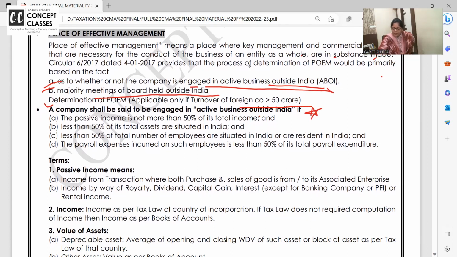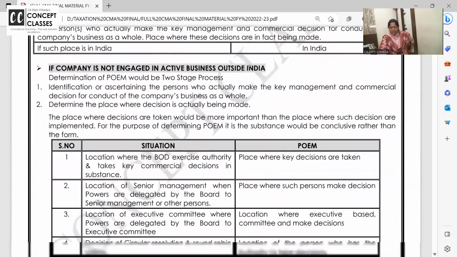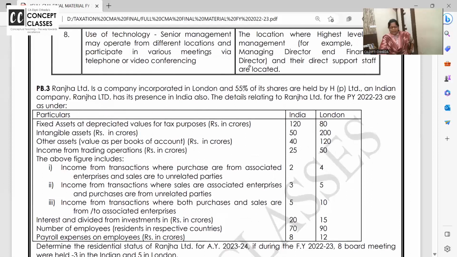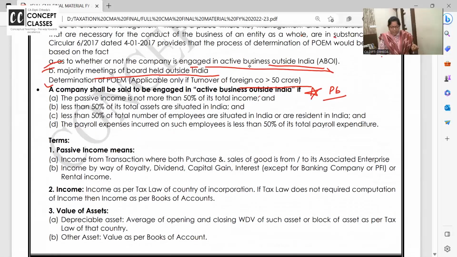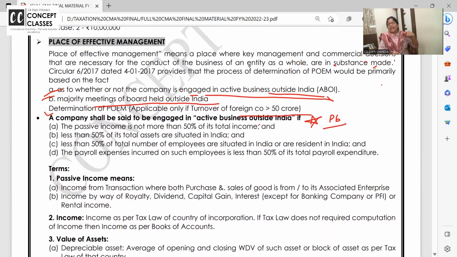Mark it, very important. This is my guess that the problem which I have solved for this will surely come in the exam. This problem, the third problem, those who have missed the second class, in the second class I have done this third problem. I took a little more time that day, some technical troubles were there, but then we could do the recording. So you must watch that video, okay? Right, let's go. Now what I am teaching you is how do you decide whether the business of the companies outside India is active.